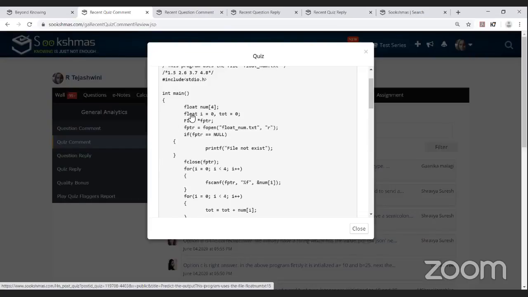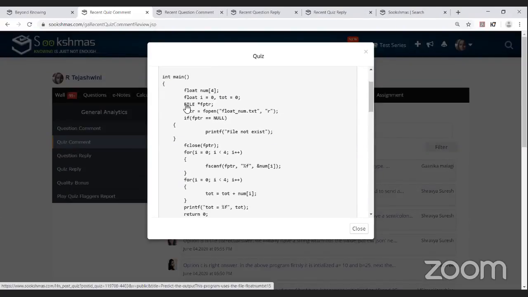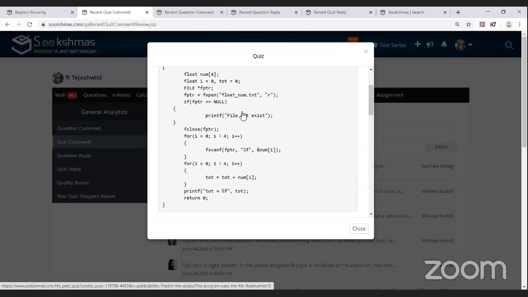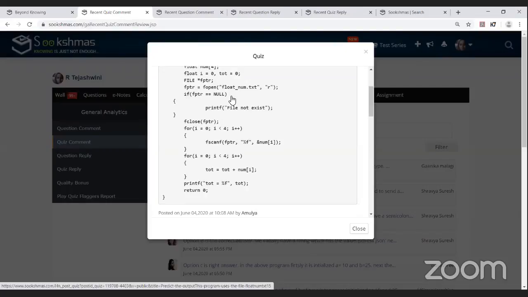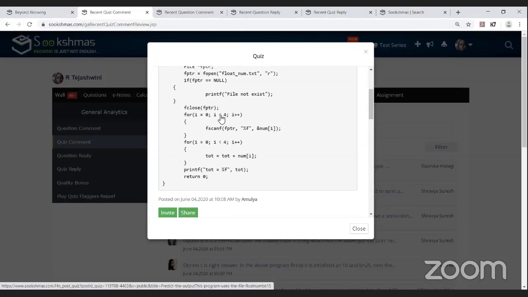float num[4], float i is equal to 0, and another variable tot. She has initialized it to 0, and a file pointer she has initialized here, and she is trying to open the file which is named float_num.txt. She's checking whether fptr is equal to NULL. If it is equal to NULL, the file does not exist, and she's trying to close here, and using